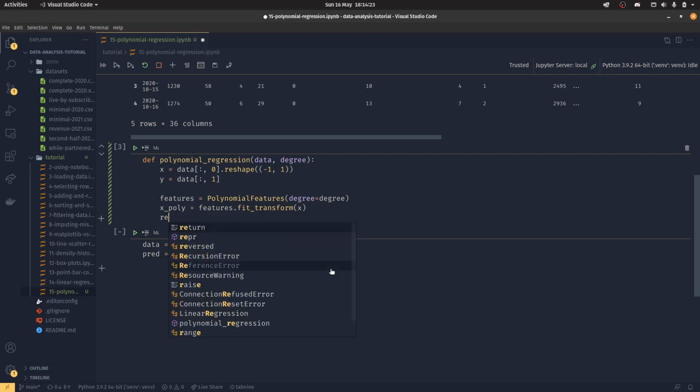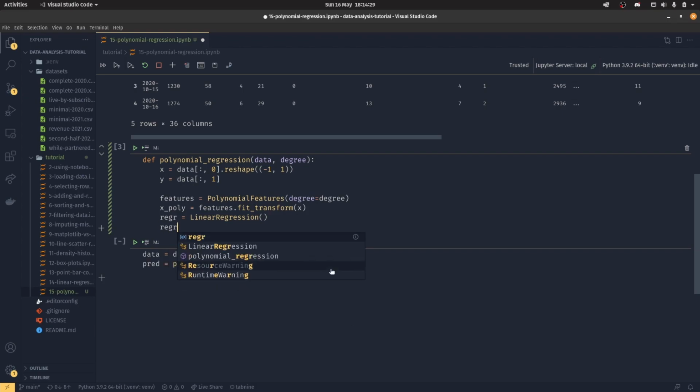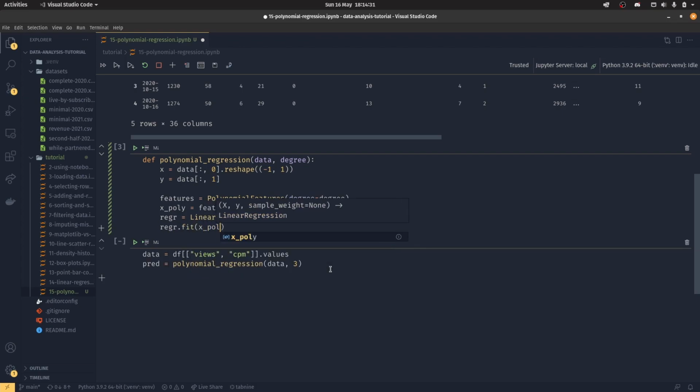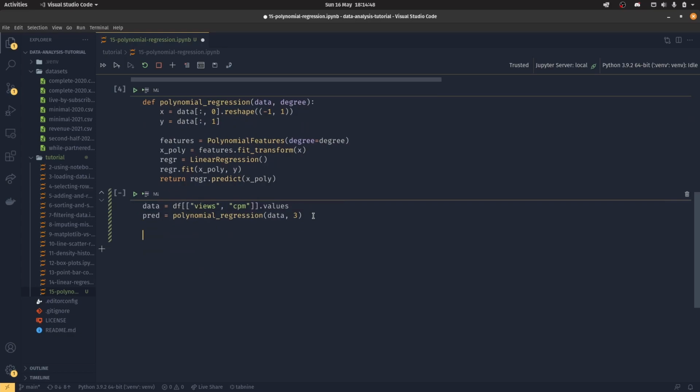And then beyond that, it's the same as before. So we have our linear regression, and then we have our reg.fit, and then we put on xpoly and then y. And then return reg.predict xpoly. Whoopsie daisies. If we run that to update the function, and then come down here, and it's pretty